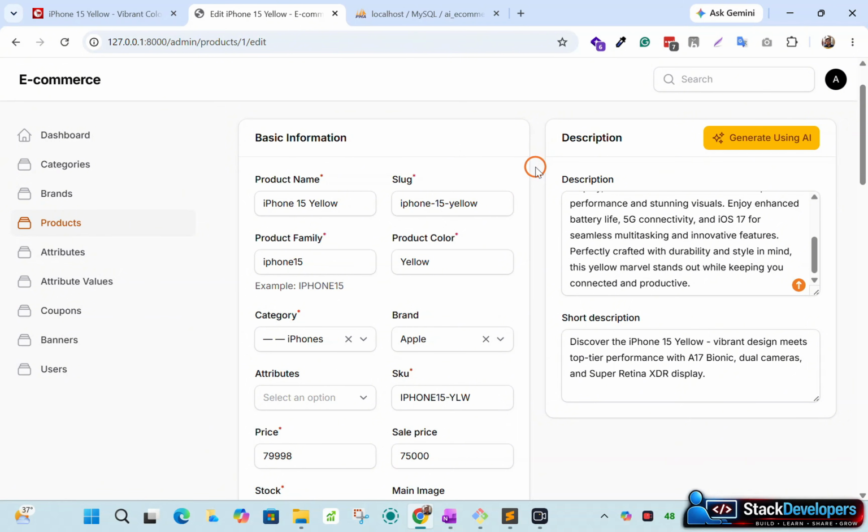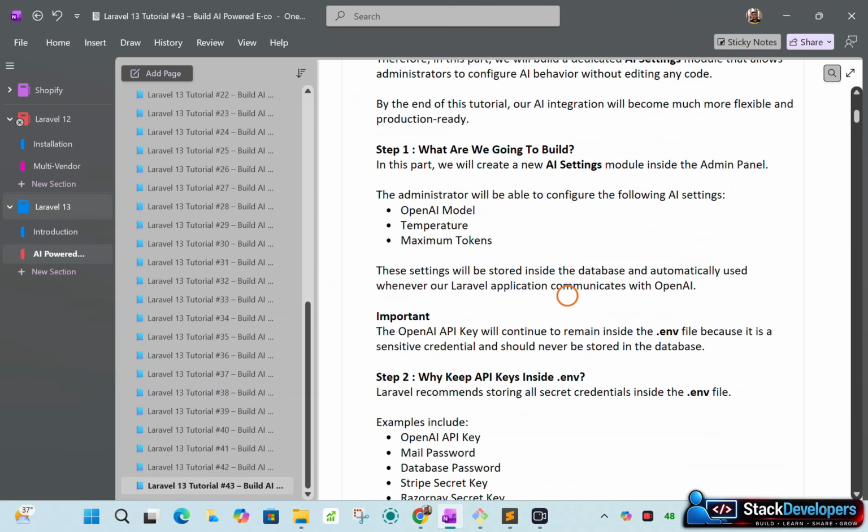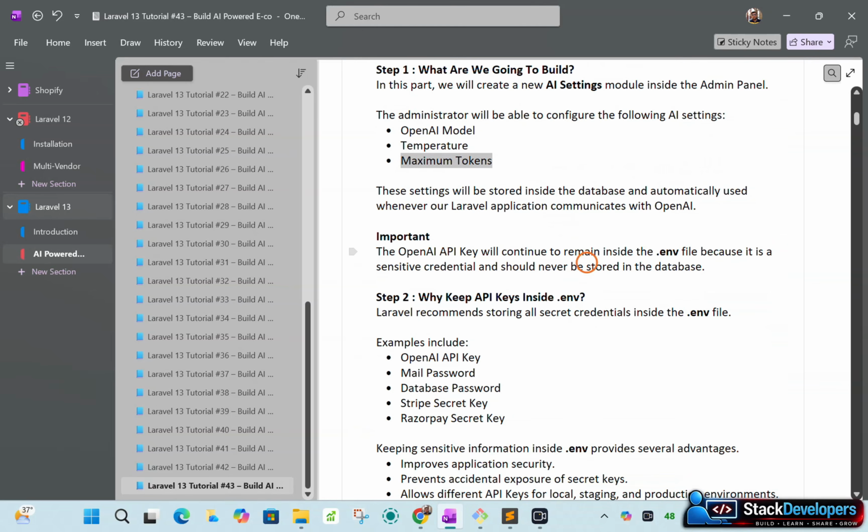We are going to update the AI settings, and many more things we are going to add there. So let's start. We are going to create a new AI settings module inside the admin panel. The administrator will be able to configure the following AI settings, as I explained earlier: OpenAI model, temperature, and maximum tokens. These settings will be stored inside the database